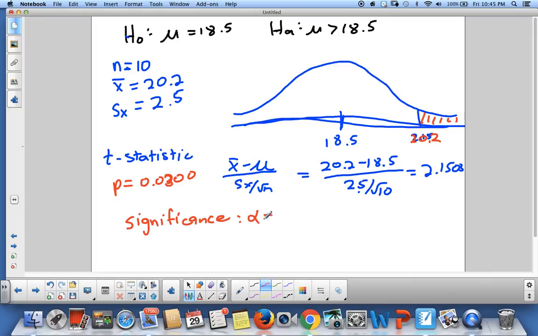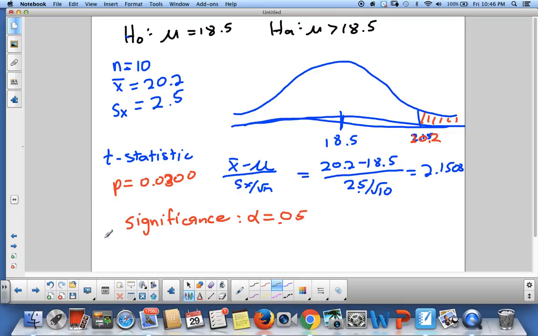Let's say we have a significance level, and a typical one is 0.05, which is a 5% significance level. If the significance level is 0.05, that means we're going to use 5% as our cutoff. Anything less than 5% would be sufficient for us to reject this statement and conclude that the mean is actually greater than 18.5. So in this case, since the p-value is less than this, we like to say that we have sufficient evidence